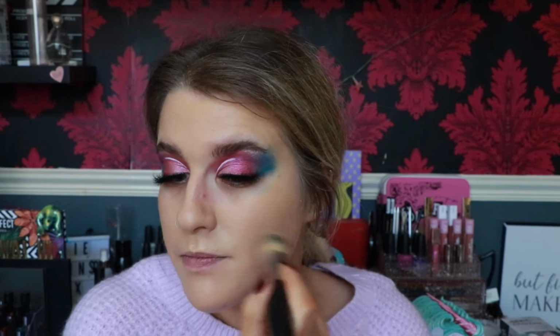It's not exact, but I have used a different self tanner because my other one's running out. So I was like, I'll just put this one on for now because I'm not going anywhere. I just wanted to self tan. I'm just going to blend that all in with a beauty blender. I just like doing this so I make sure I get any excess product off because this is a